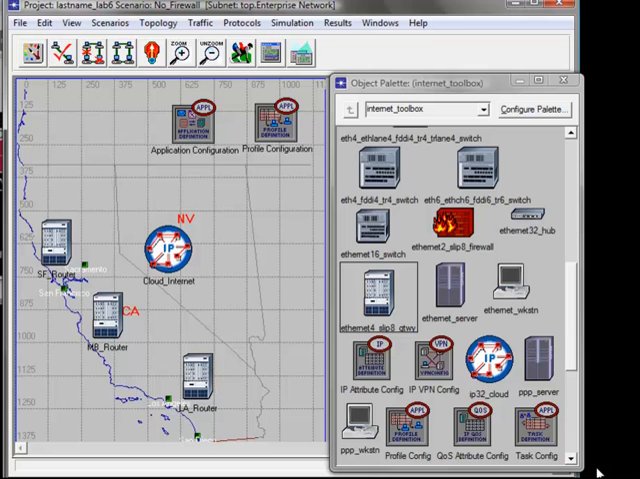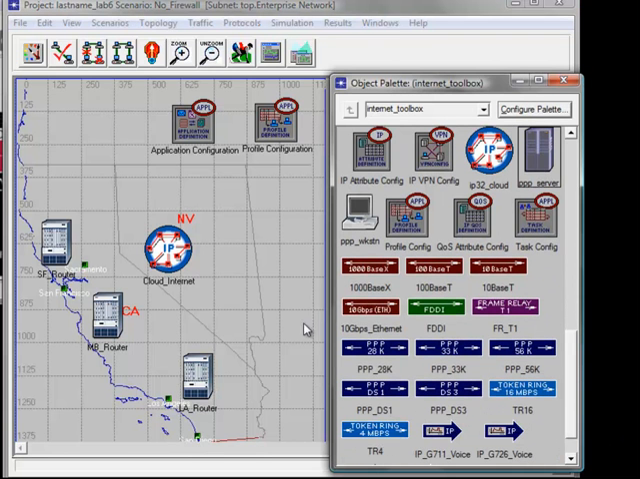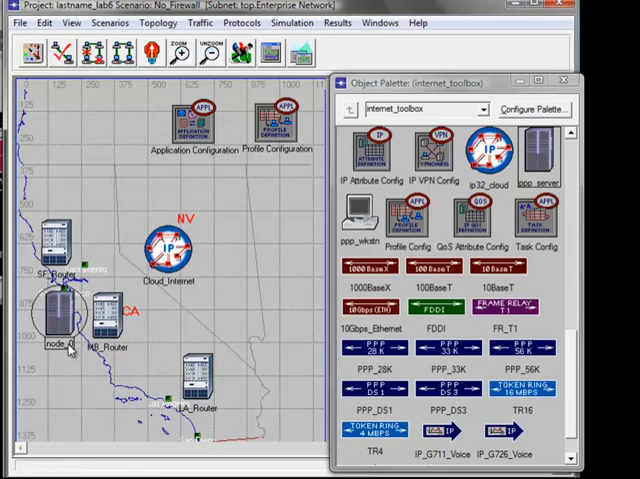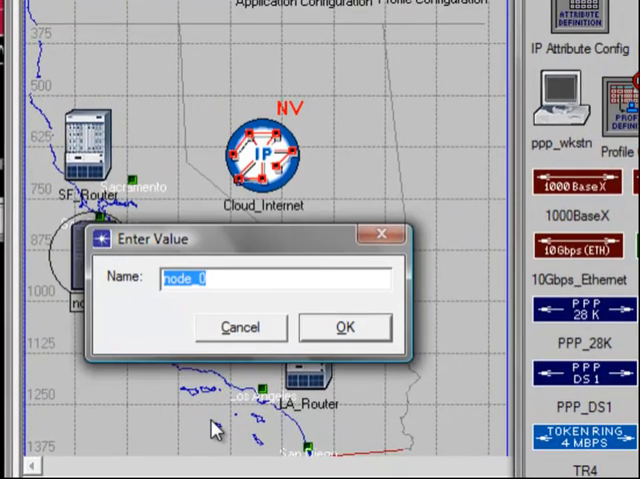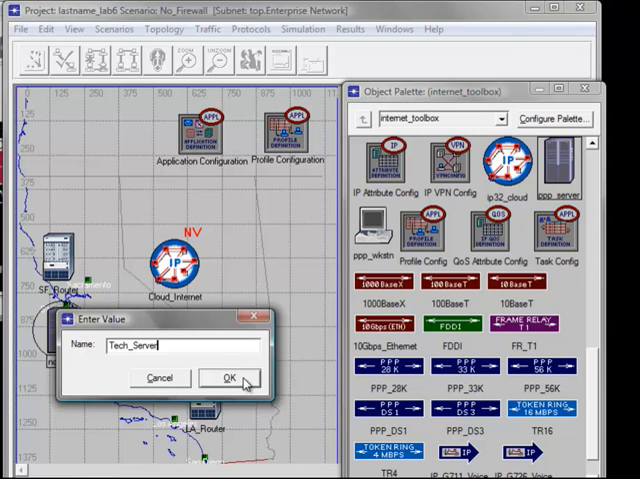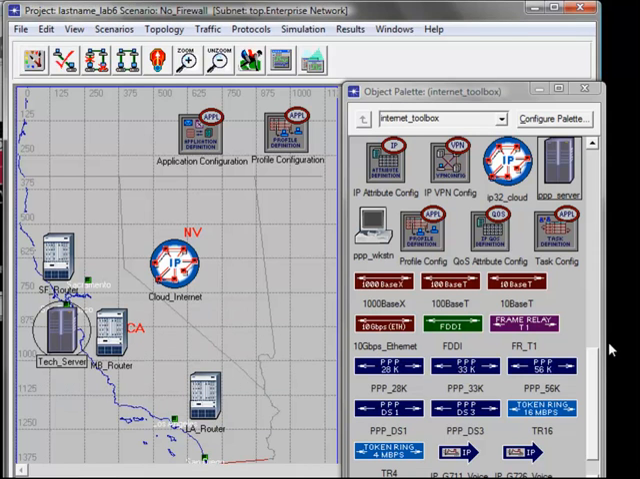Then click OK. Now let us drag the PPP server next to the MB router and rename it to tech server. Then click OK,